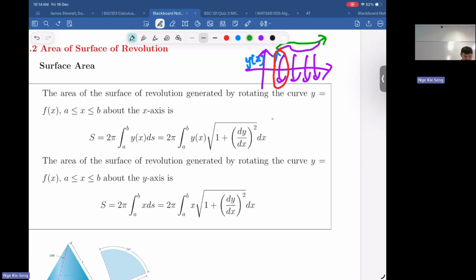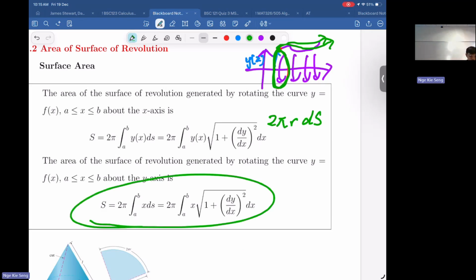So you take 2 pi r. This is the circumference of your surface of revolution, and then you compute how many circles you have computed. So you multiply by the length. Does that make sense? Okay, so on the other hand, you can also change direction. Let's say